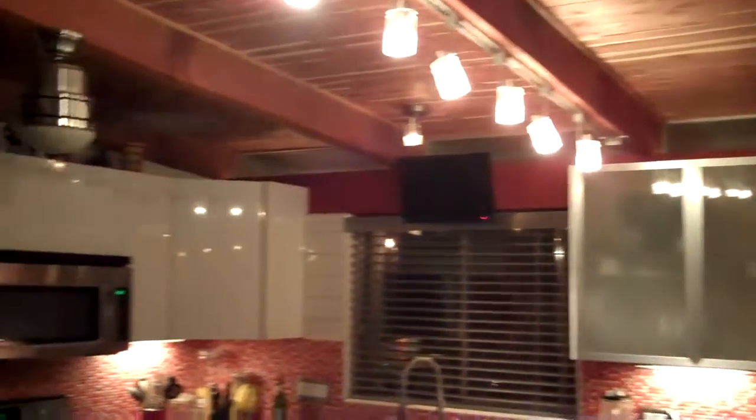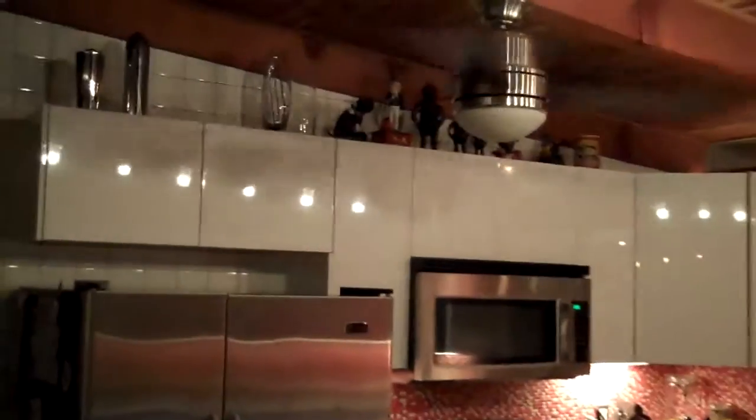And all these other lights in the house look pretty dramatic. You can see the rest of the lights above the kitchen. I'll give you a quick tour through the house. Even in the guest room, see at night the windows all light up. We have them set now so they turn off at 10. But even in the master bedroom, it's kind of cool because you can turn off the lights and watch TV